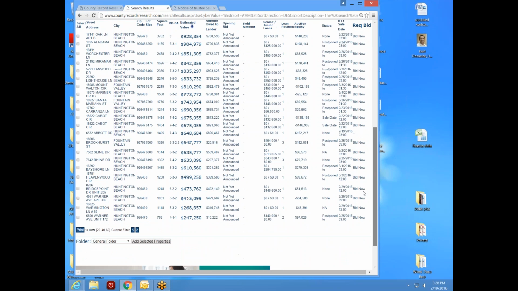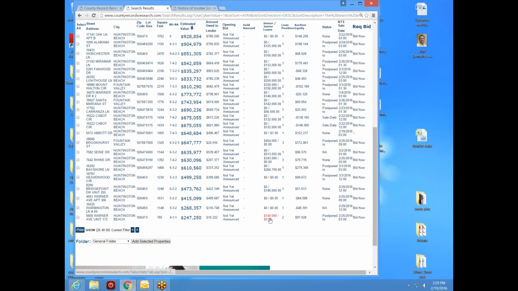But this stuff down here, this is reasonable. I could take this stuff. I could take an opportunity. For instance, look at this one here on Warner in Huntington. This is set to go to sale next week. $10,000 opening bid on a second. It's a $240,000 house. They owe $140 ahead of the 10. That's $150. So now, if I spent $10,000 at the auction and took over payments on $140,000, it's probably going to